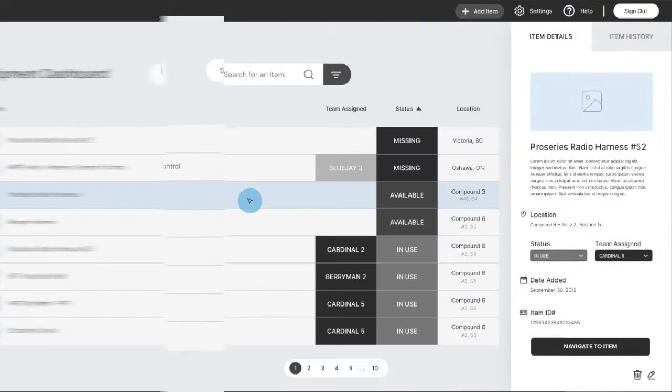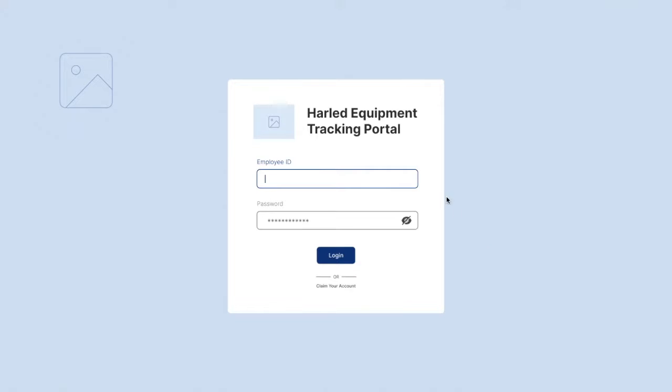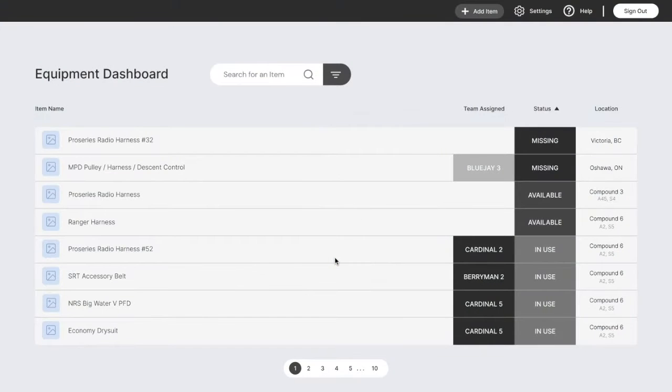With that said, let's get right into the wireframe. Throughout our development, we have put a heavy emphasis on making our design modern, user-friendly, and intuitive. Upon entering, our clients will be able to log in to their own accounts. Next, they will be greeted by the equipment dashboard, where all of the data relative to their equipment will be